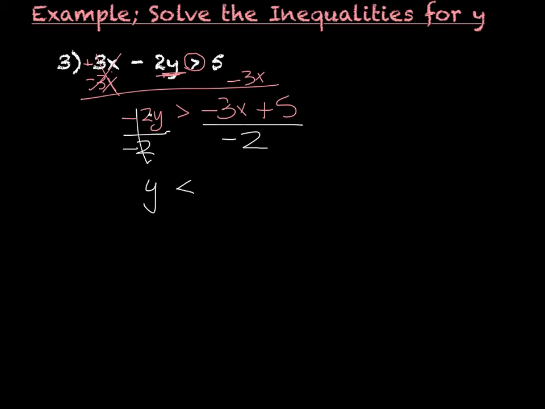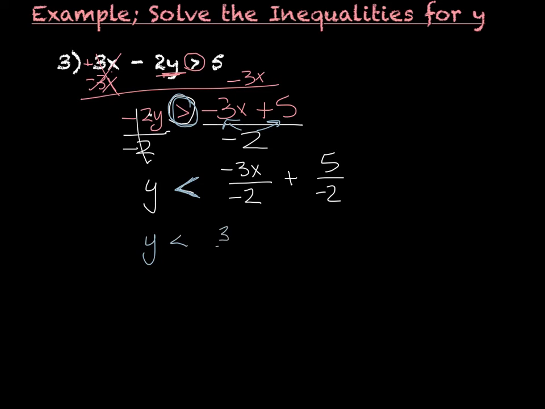Now remember that when you divide by a negative, you need to flip the inequality symbol. So that is why it's less than, because you have to flip the symbol. So y is less than negative 3x over -2 plus 5 over -2. So this 2 splits up with each part of these, and that leaves us with y is less than